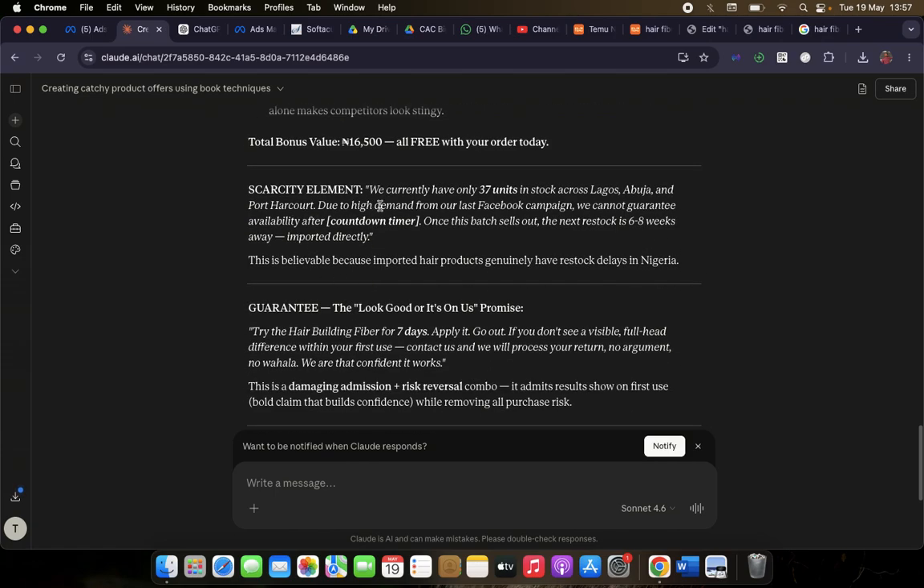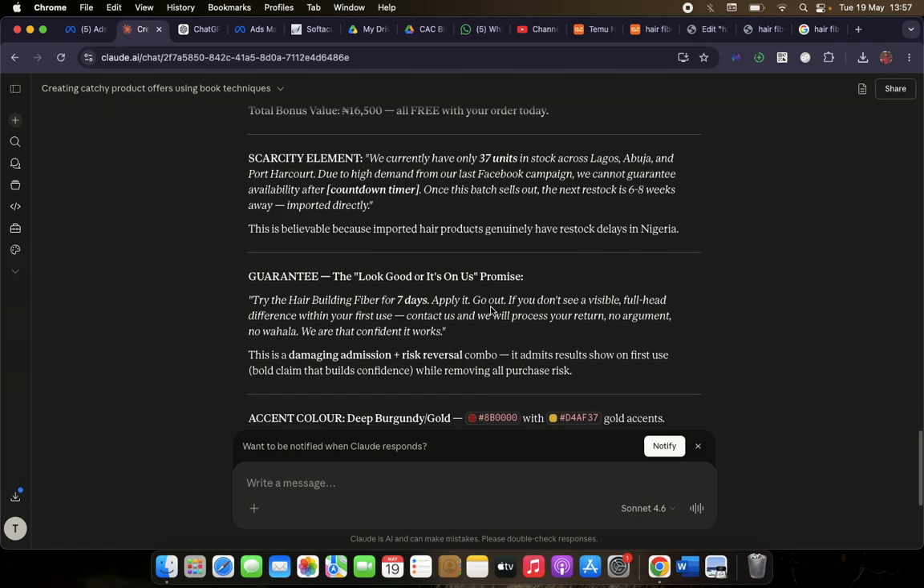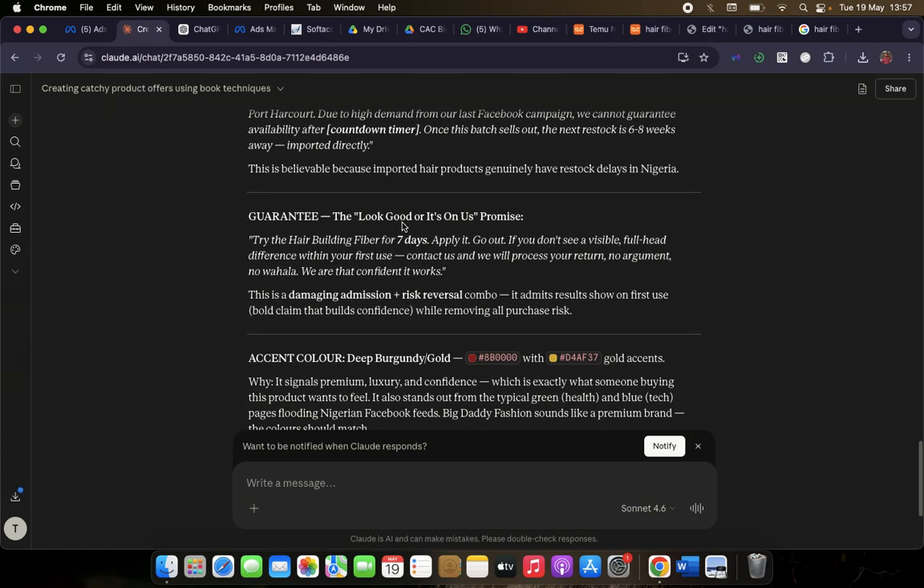Now this is the scarcity element. We currently have only 37 units in stock across Lagos, Abuja and Port Harcourt. Due to high demand from our last Facebook campaign, we can't guarantee availability. We'll put a countdown timer. Once this batch sells out, the next restock is 6 to 8 weeks away, imported directly. This is believable because imported air products genuinely have restock delays in Nigeria. You can see. Guarantee: they look good or it's on us promise. That is,